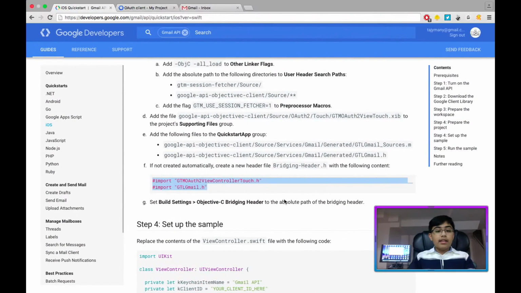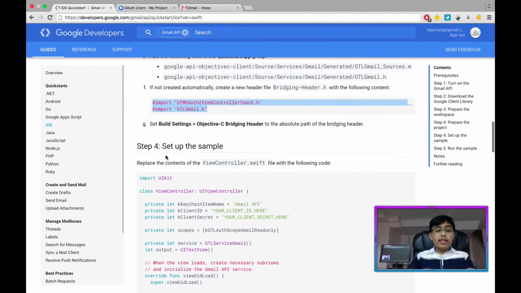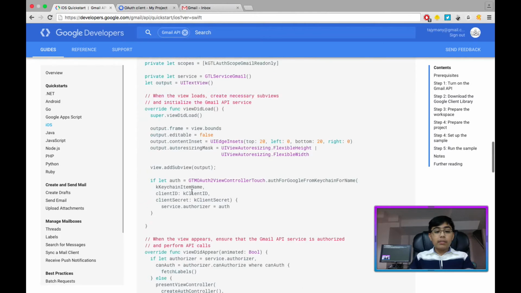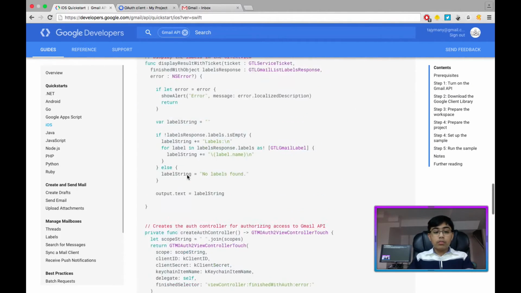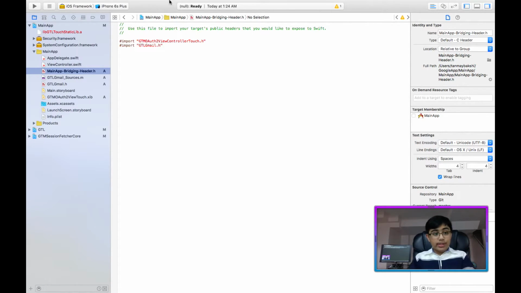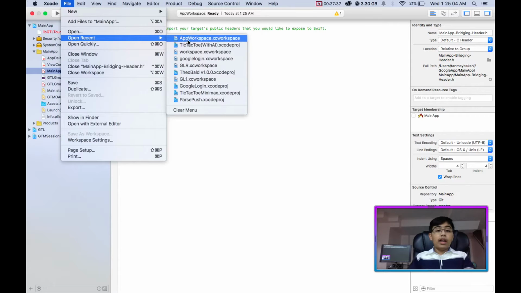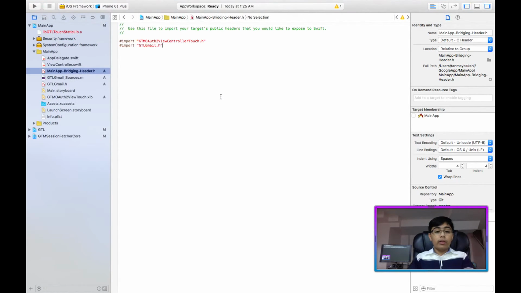Okay. So now, they have a step 4 in which you type in code, or you copy this code and put it in, and then it does something. I'm not using their code. I've modified it a bit, and now if I just open up my other app,